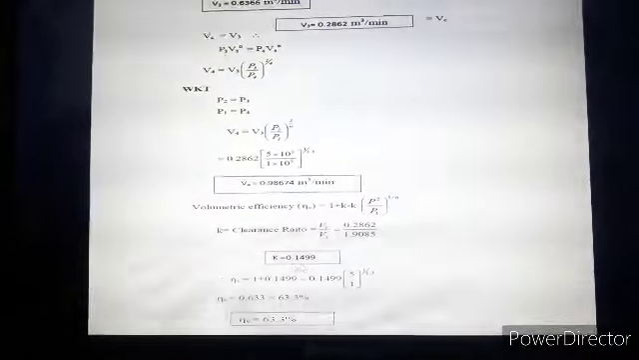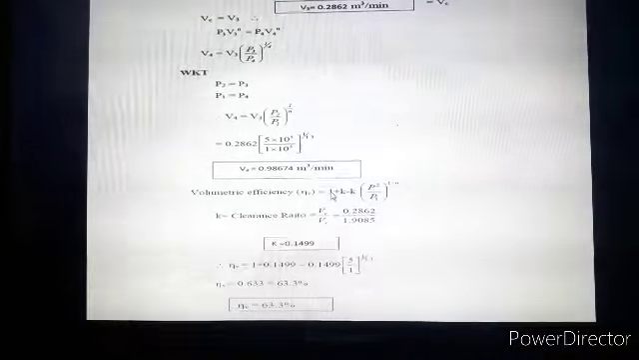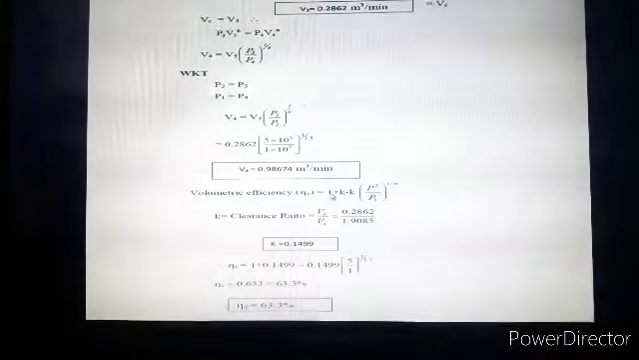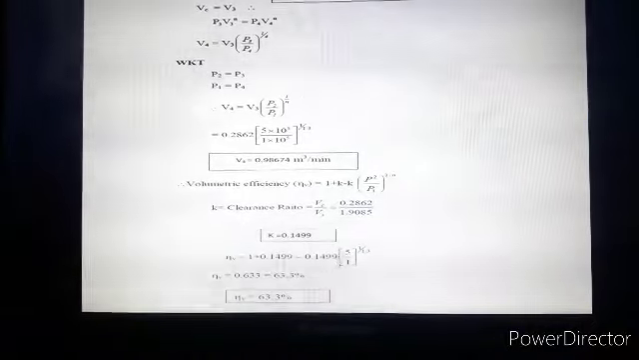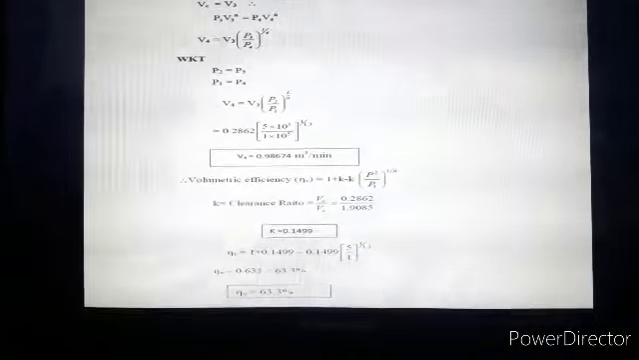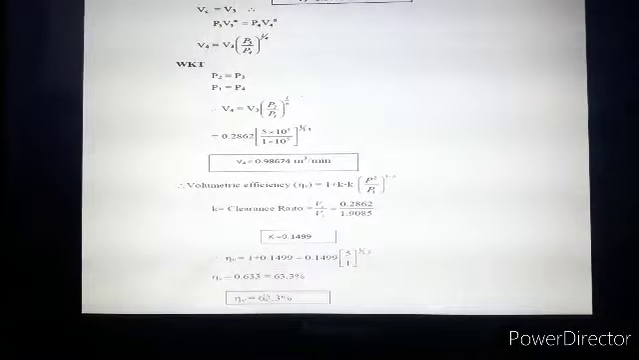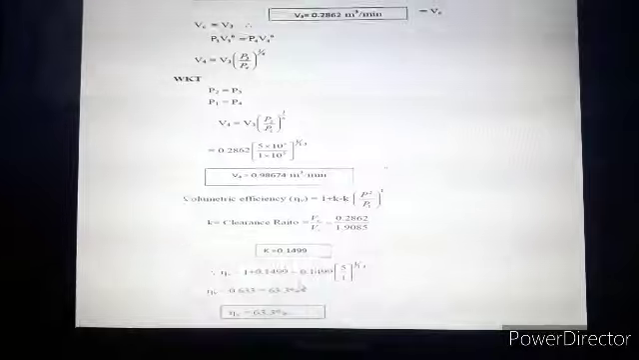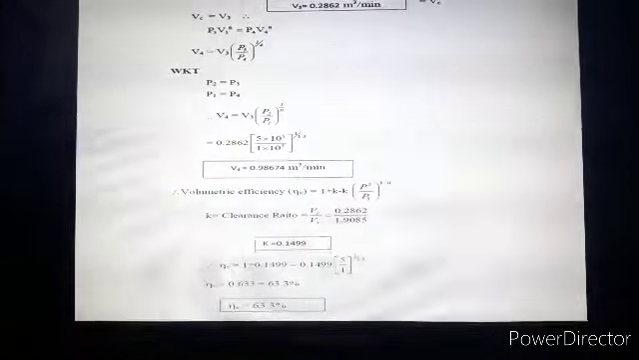Again it is coming 0.1499, so that is around 0.15. But since the value of clearance factor is given in the statement, we can directly substitute that value here, and from this we can find the volumetric efficiency. So it is 63.3%. Now once we calculate the volumetric efficiency, then we can calculate the free air delivery, because